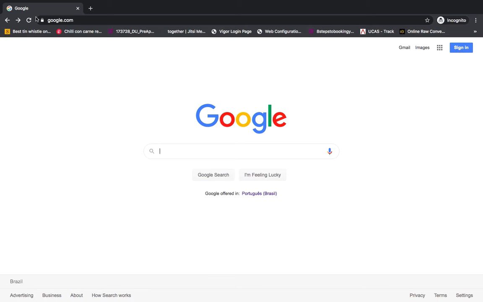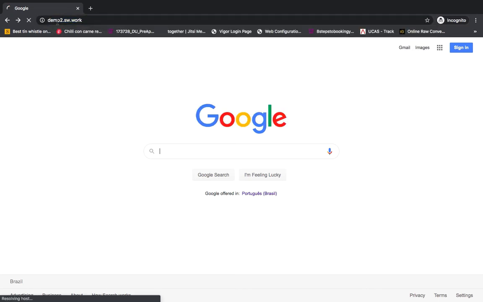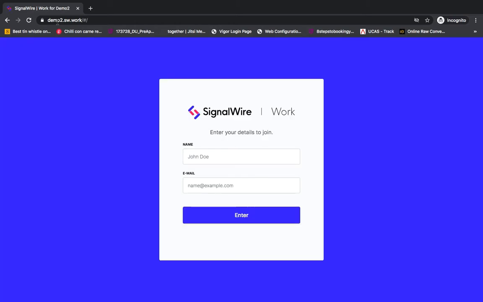The first thing you're going to need is the URL or web address for your SignalWire Work, and it's likely associated with your company name. As an example, if your company is called Acme, it's perhaps going to be something like acme.sw.work. For the purposes of this demonstration, I have it set up at demo2.sw.work, and as we go to SignalWire Work, you'll see the very first thing it asks for is a name